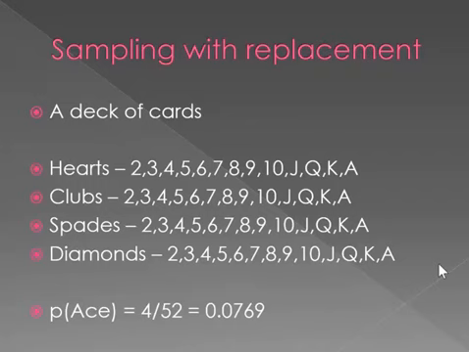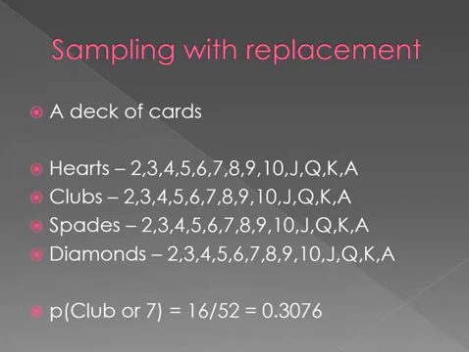We're going to divide that by, again, the total number of all possible outcomes, which is 52. So the probability of drawing a club or a seven is 0.3076. Now, in each one of those instances, every time I drew a card, I put the card back